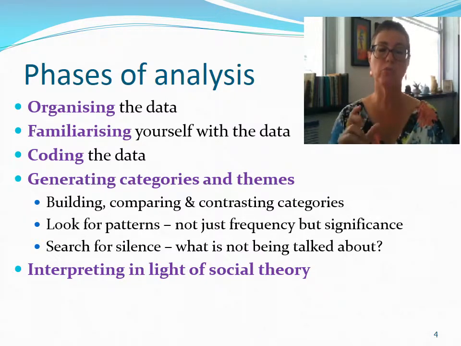And then usually what we're wanting to do is interpret in light of some social theory as well. So in terms of the Muslim women, we're looking at the marginalisation again, or the silencing of particular groups in the community. And this is sometimes called an epistemic violence, where there's violence done to a group of people because their knowledge is not included. So lots and lots of social theories, as you will have come across. And so we think about all of this in light of those theories, and sometimes generate new theories ourselves.